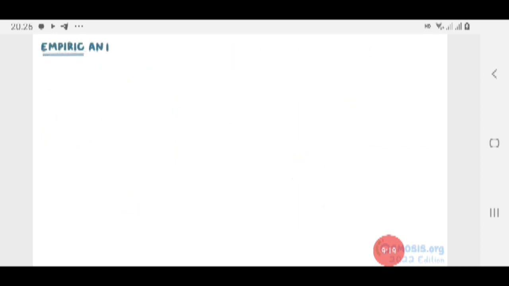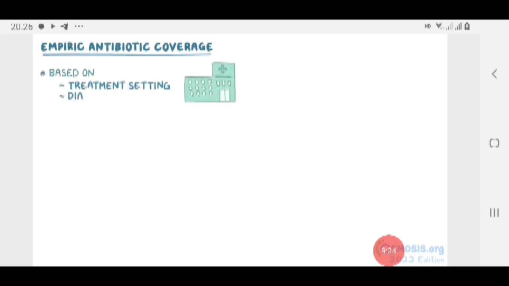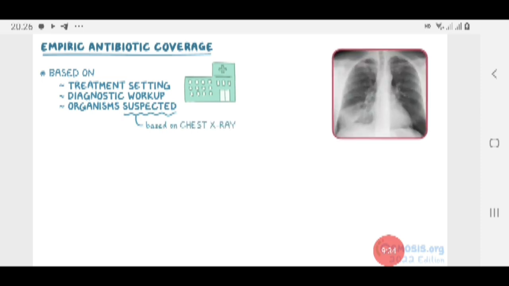Now, although empiric antibiotic coverage is mainly based on the treatment setting, the diagnostic workup and empiric antibiotics can differ a bit based on the organisms that are suspected, based on the appearance of the chest X-ray. One appearance is a lobar pneumonia, which is where a lobe of the lung is involved and often there are air bronchograms. That's where the alveoli are opacified, or white, and the nearby bronchi are filled with air and appear dark, making